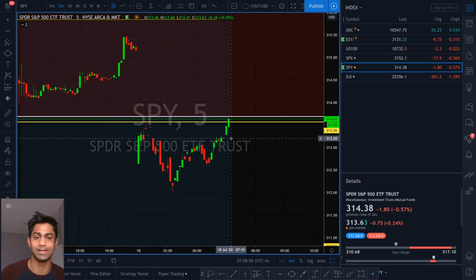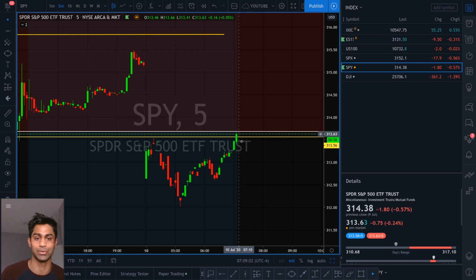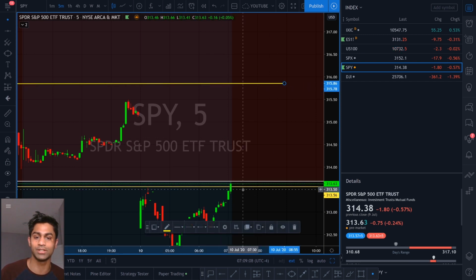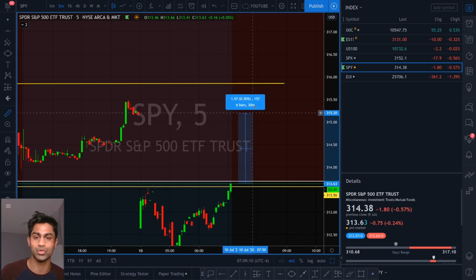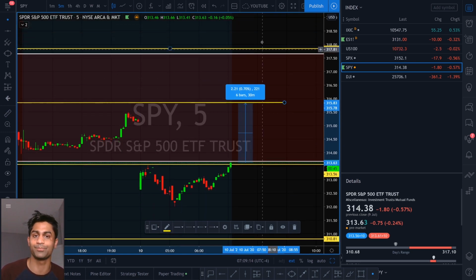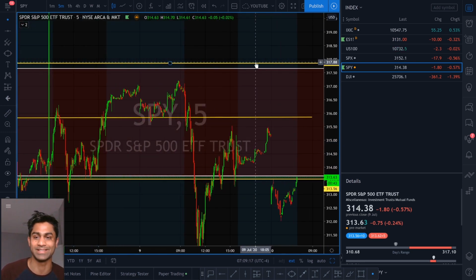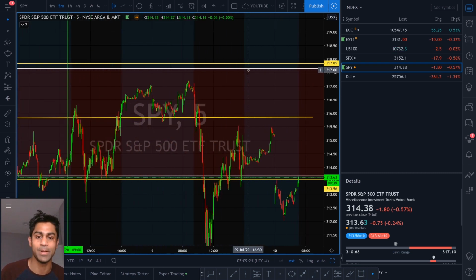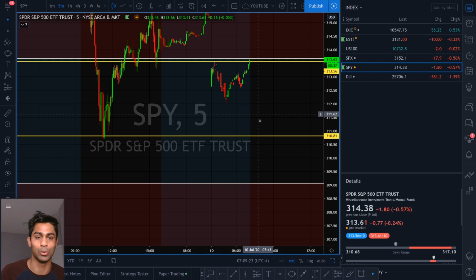So right now you can see that the markets are trading pre-market and we are breaking out of this level. The only question is if you're going to close above this level or if you're going to pull back. That being said, the next resistance sits at 315 right here, which is going to be a push up of close to, I think, about 70 basis points right there. And then if you do break out of 315, next resistance sits at 318 because that has previously acted as some type of resistance in the past. But if you do get rejected and pull back, next support at 310, similar to 3110 or 3115 for the